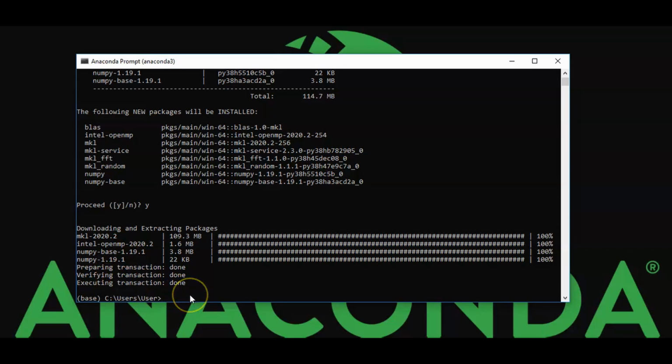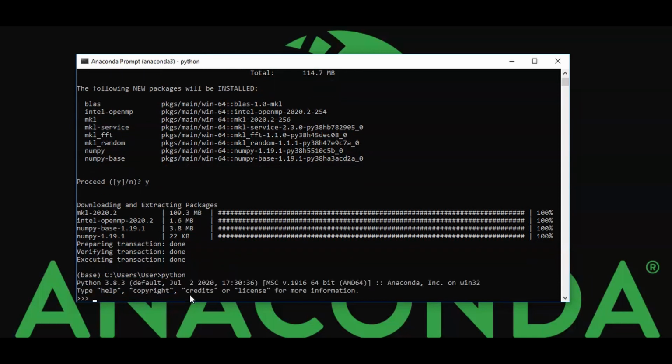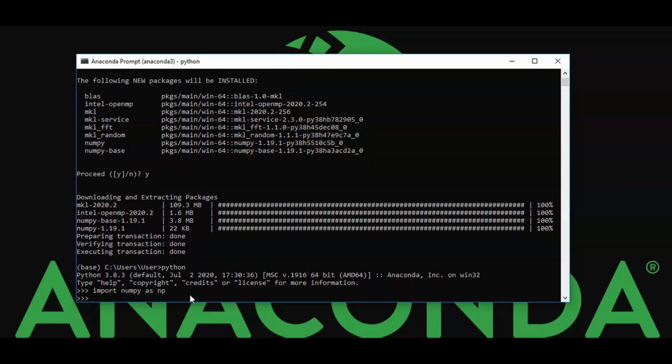Now we can cross check whether NumPy has been successfully installed or not. Let me type python to go to the Python environment. Here let's type again import numpy as np. See, now we are not getting the error.